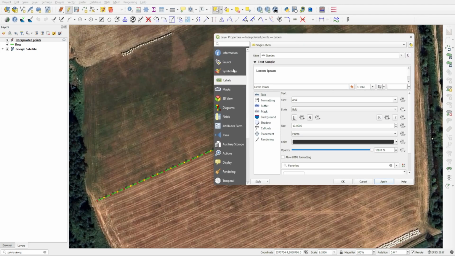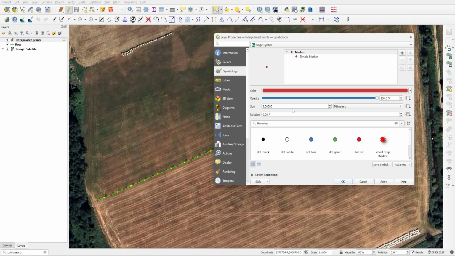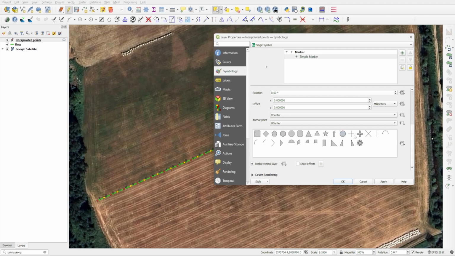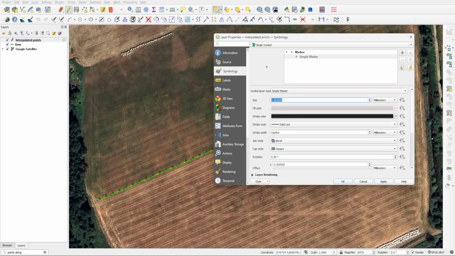If you want, you can also change the symbology of the actual points. So we're going to select the marker here, choose simple marker, and let's scroll all the way down. And I like to use some kind of a crosshair because it gives a better idea of where the exact center of the point is. And we can also increase the size of this